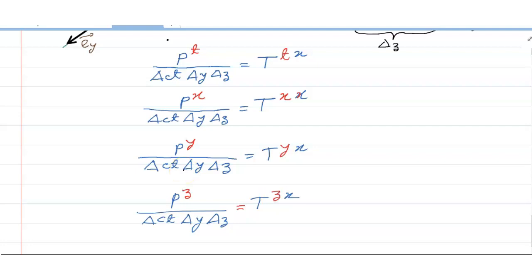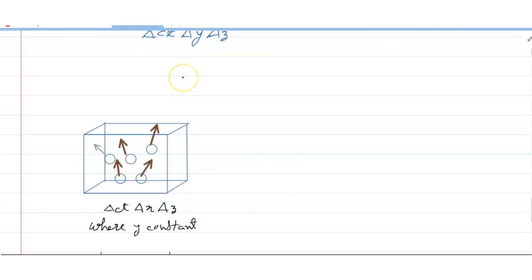We look inside the box and calculate the total time, x, y and z momentum. This gives us the tx, xx, yx and zx components of the energy momentum tensor. We can use a unit time-xz box at constant y to get the alpha y components. T alpha y, where p t divided by del ct